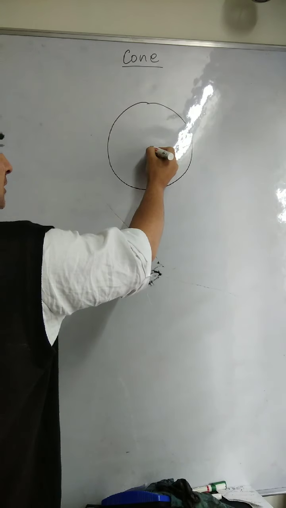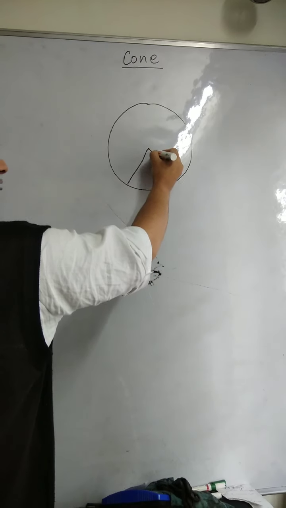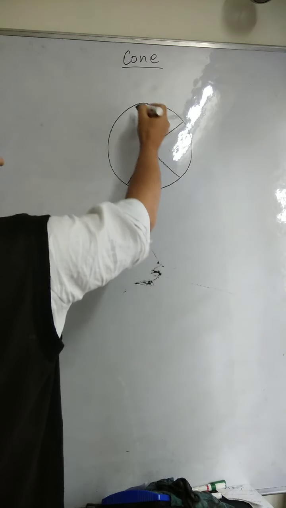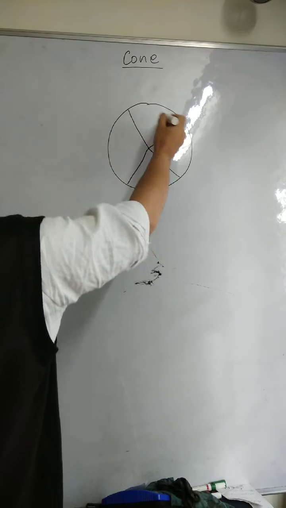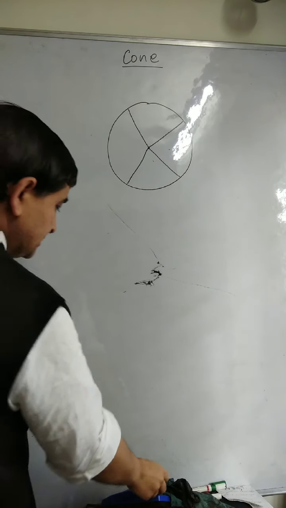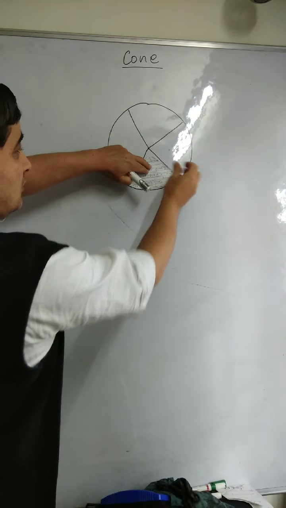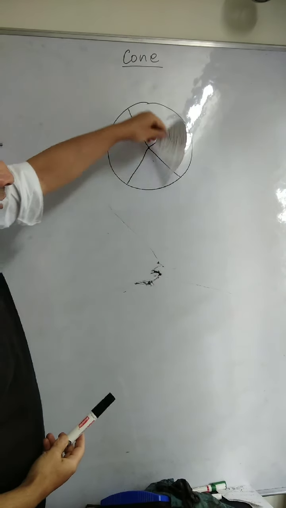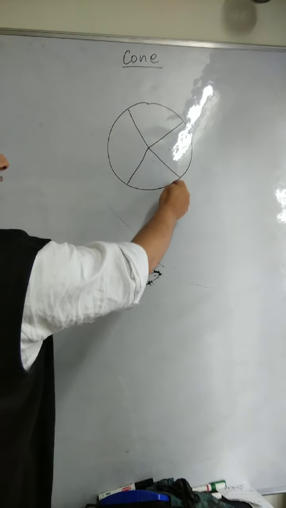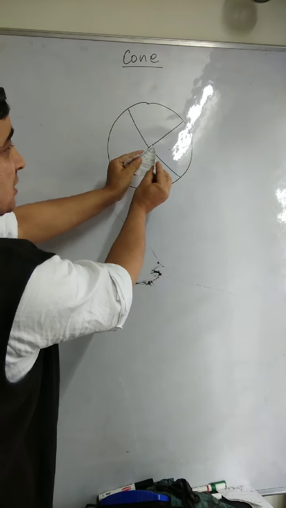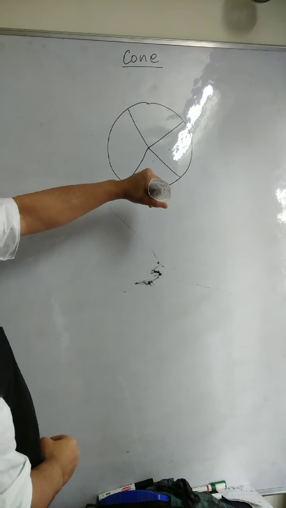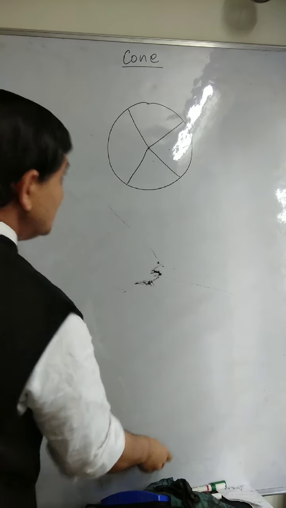this is a circle suppose, right? And if I cut this circle into different sectors, this is called one sector, second. This way you can cut it into different sectors. Got it? Now each sector, so like this is a sector of a circle. These all are sectors, right? So these are two radii. If we join these two radii like this, it will form a figure which is called what? Cone. Got it?